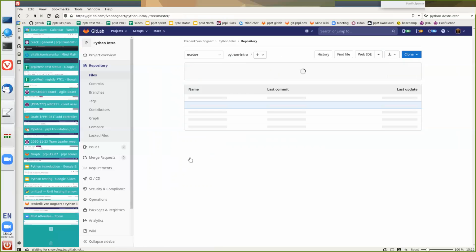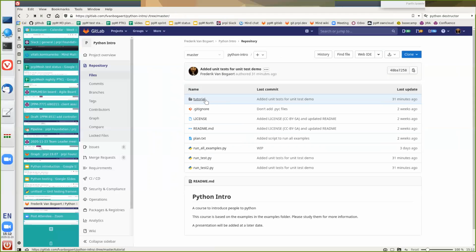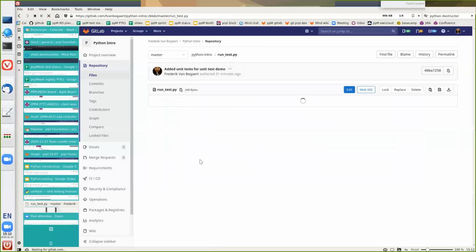So we have the tutorial directory at the top, along with a couple of scripts here that run, so this is the first script that I use to run the various tests that I will be developing. And you can see here the directory structure a bit reflected. So we have tutorial.tests.test01. And how it works is